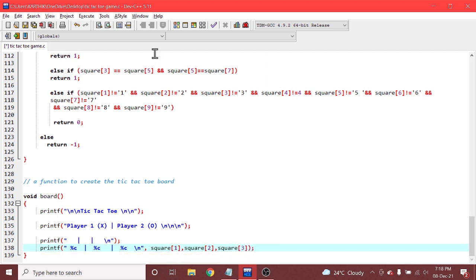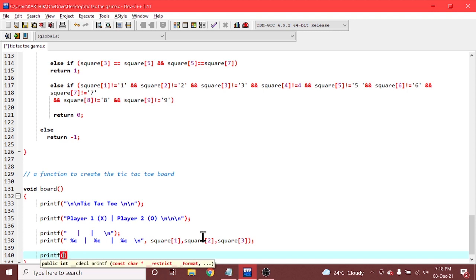These are the indications given, and we are using another printf statement to make the output neat, right? We are using these underscores or whatever, like this.